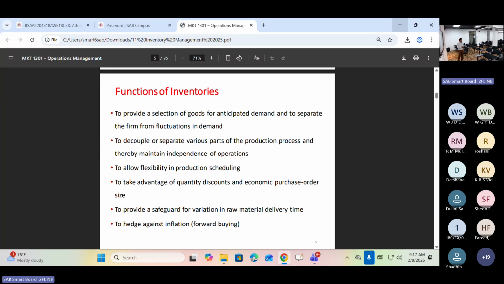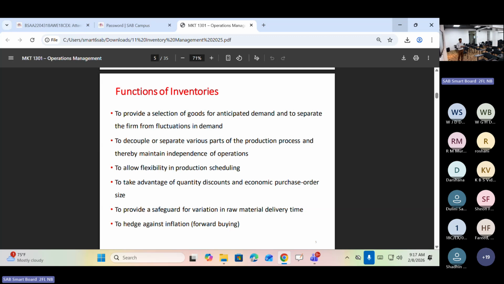The idea here, hedge or forward buying, refers to one common practice. Forward buying means knowing that in future your demand is certain,